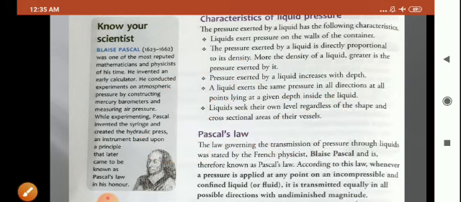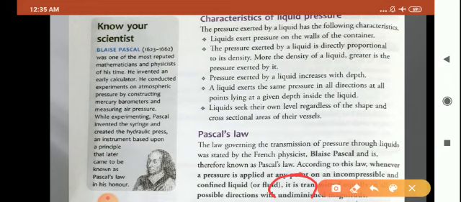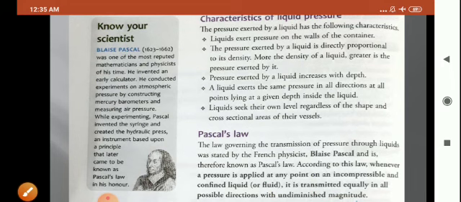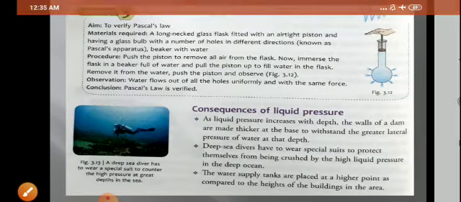Again I am reading this law. According to this law, whenever a pressure is applied at any point of an incompressible and confined liquid or fluid, means जब भी आप किसी इनकम्प्रेसिबल या कंफाइंड लिक्विड या फ्लूइड पे कोई भी प्रेशर लगाओगे, सो दैट प्रेशर इज गोइंग टू बी ट्रांसमिटेड इक्वली. वो प्रेशर सारे डायरेक्शन में, इन ऑल द डायरेक्शन दैट प्रेशर विल ट्रांसमिट इक्वली विद अनडिमिनिश्ड मैग्नीट्यूड, मीन्स विदाउट चेंजिंग इट्स मैग्नीट्यूड. जो भी वैल्यू रहेगी दैट सेम वैल्यू विल ट्रांसमिट इन ऑल द पॉसिबल डायरेक्शन. Now you will understand this thing more by this activity.